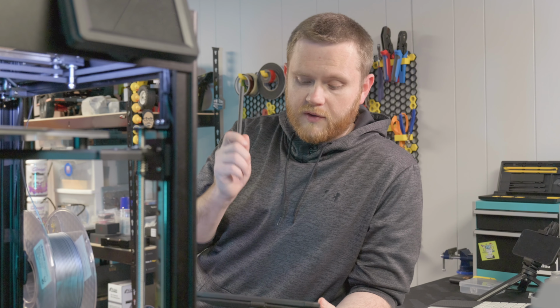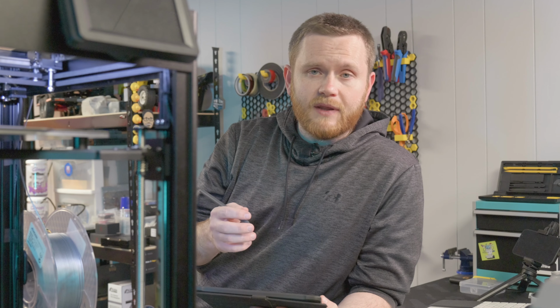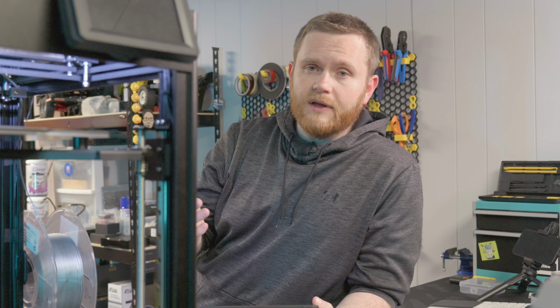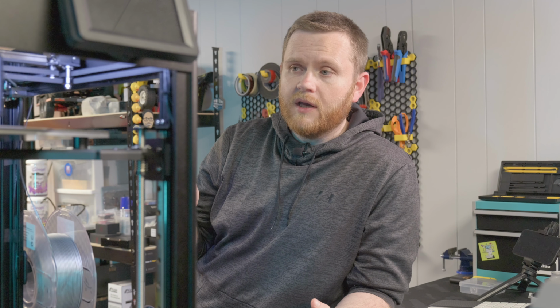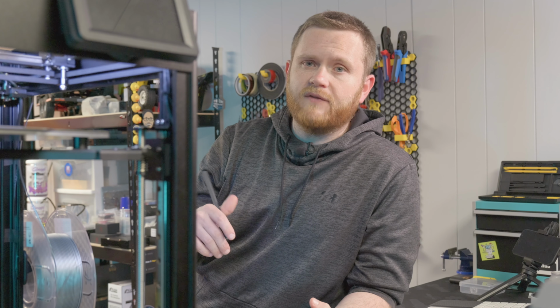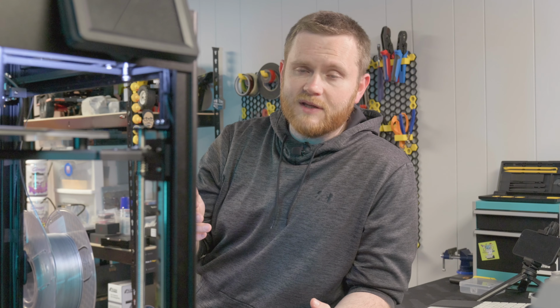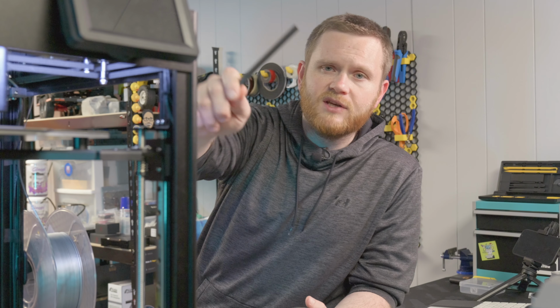So that is worth noting. The machine came calibrated out of the box, and what I mean by that is there is a standard input shaper installed on the machine. It is calibrated, so if you do take the machine out and you just want to start printing right away, you can, whereas most machines have to run through a 10 to 15, 20 minute setup process where you have to go through all these steps and let the machine calibrate itself. It seems like they do that out of the box for you so that you don't have to mess with their